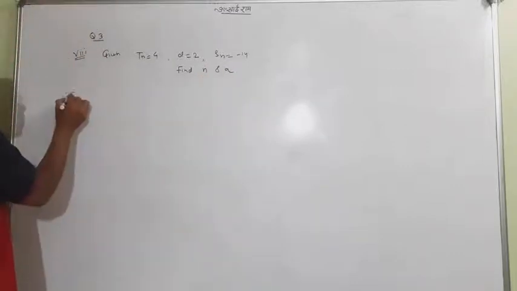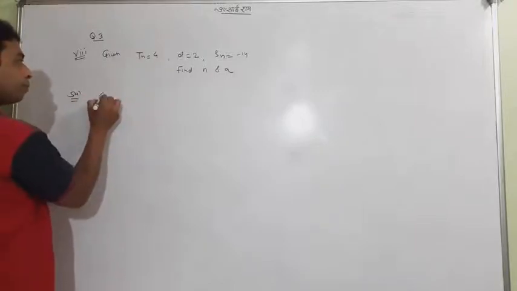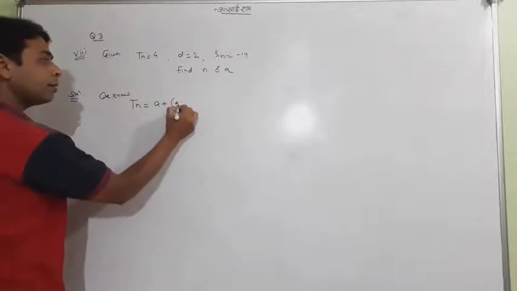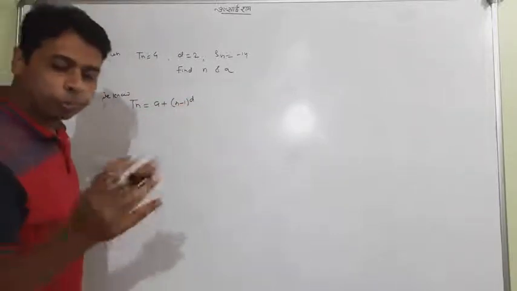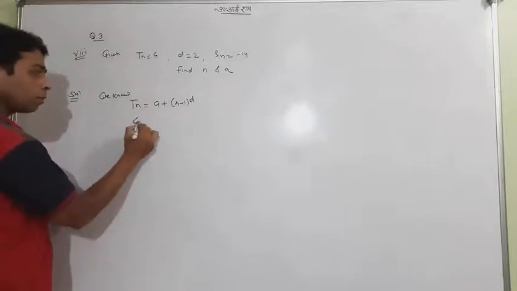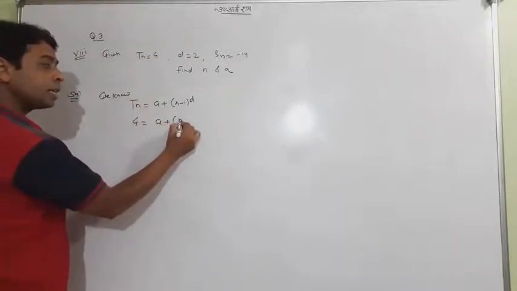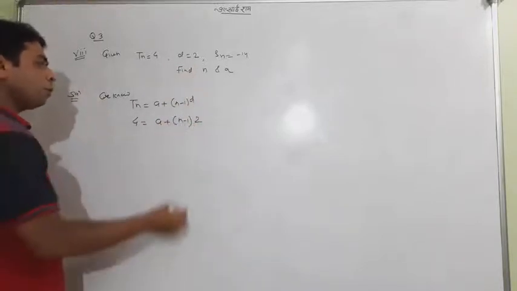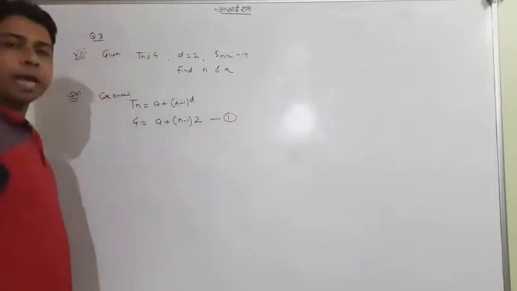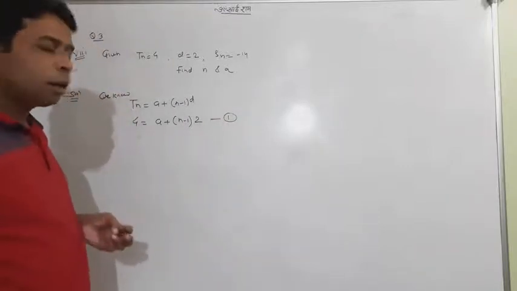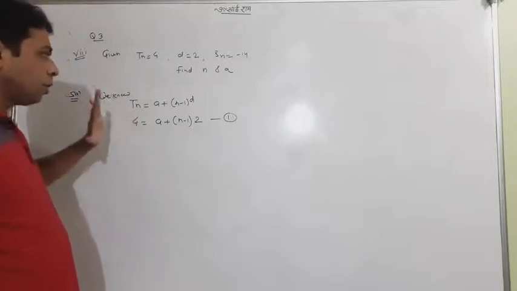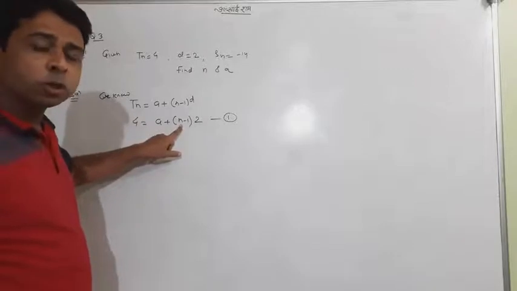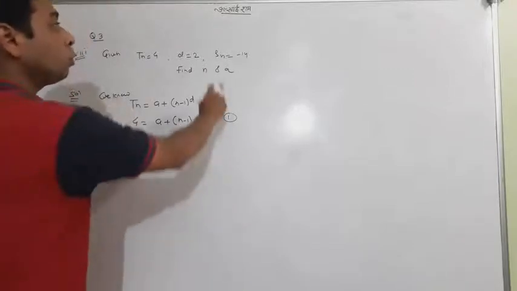Okay. How to start? First I'll go with Tn. We know Tn is equal to a plus (n minus 1) into d. Put in all the values that are given. Tn equal to 4. a is unknown. n is unknown. And d is 2. Drop yourself right here, because we are helpless to make actually a more term from here. So leave it here because a and n, two unknown values, we still have. So we cannot find a particular value. So leave your equation here and go with Sn also.